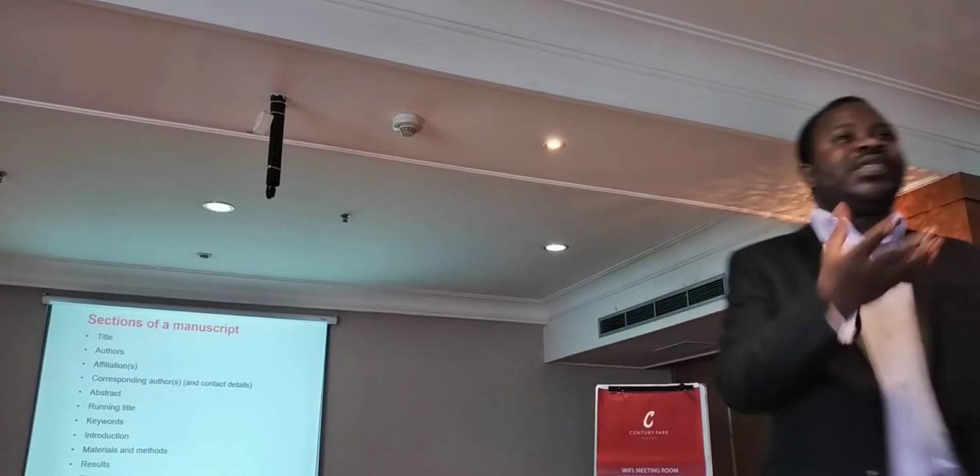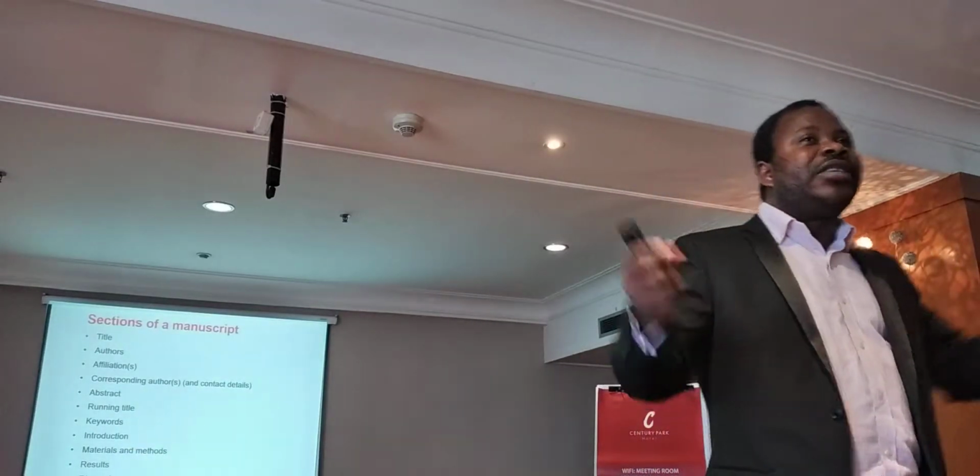So I have established the existing literature about what has been done, and I have extended that to show what has not been done, and therefore to show why my research is doing what has not been done, or in some instances why my research is doing better what has already been done but not properly done. Do you get that? So there has to be a gap that you are trying to fill.